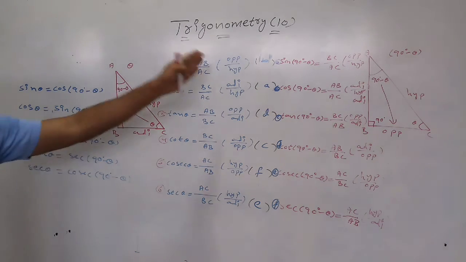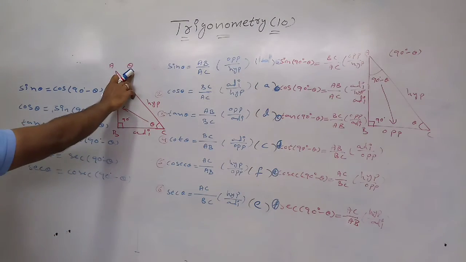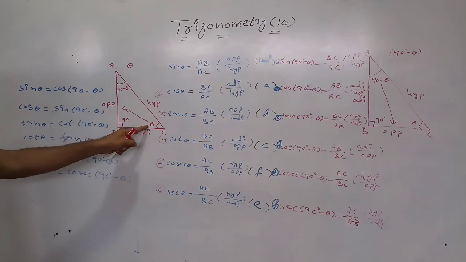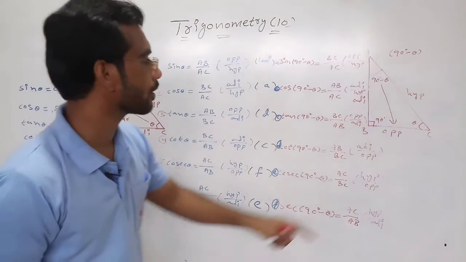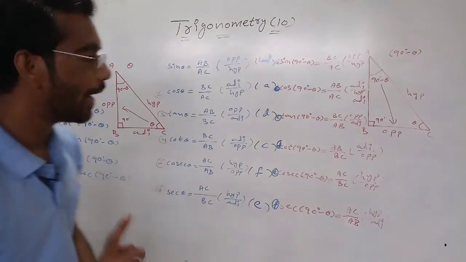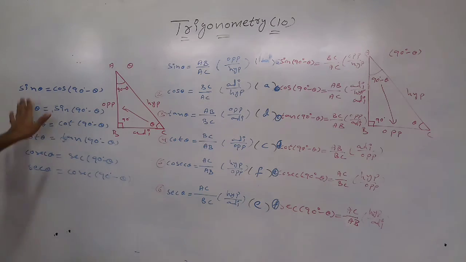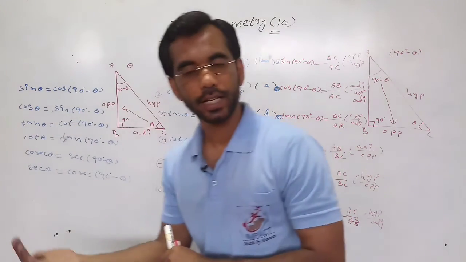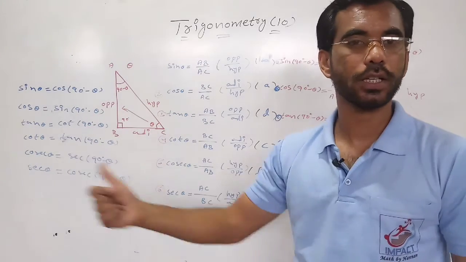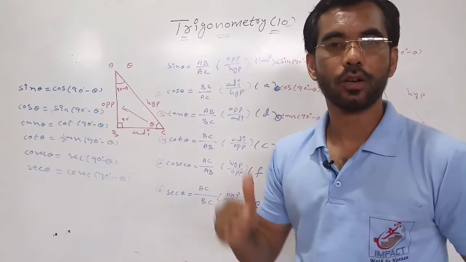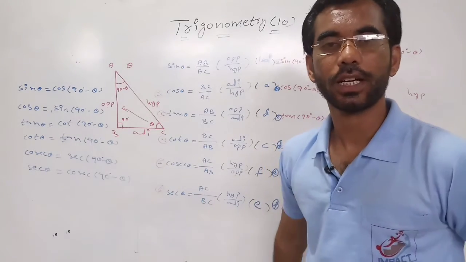That means now by this example you can understand that these are equal. See, if I am taking the angle theta, what will be the opposite side? Theta is opposite to AB. Okay. Here, one angle I am making 90 minus theta, what will be the opposite? BC. Okay. By this proof we can understand that sin theta is equal to cos 90 minus theta, cos theta is equal to sin 90 minus theta, tan theta is equal to cot 90 minus theta, cot theta is equal to tan 90 minus theta, cosec theta is equal to sec 90 minus theta, sec theta is equal to cosec 90 minus theta.